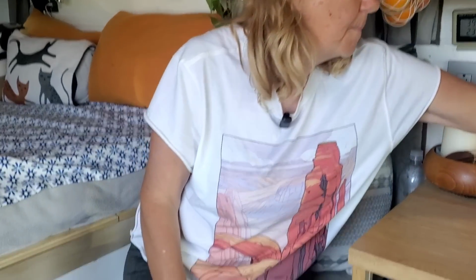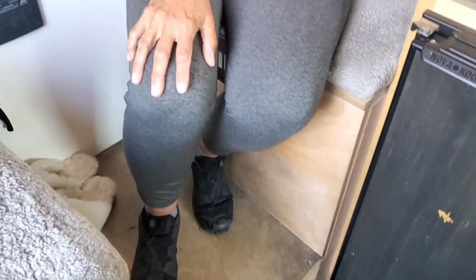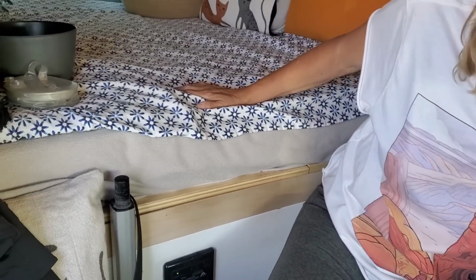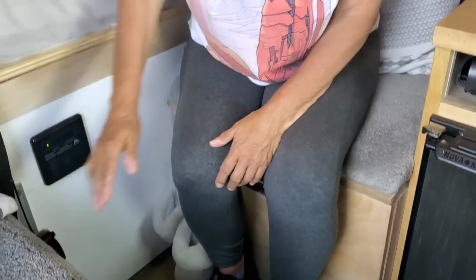Now I'm also seeing that you have a step here, so you can step up into your bed. Also for the Webasto heater. Oh, okay. The Webasto heater is right here. Oh, I can't do it when I'm... Okay, that's okay. You don't need to open it. So that contains your heater, and that keeps...